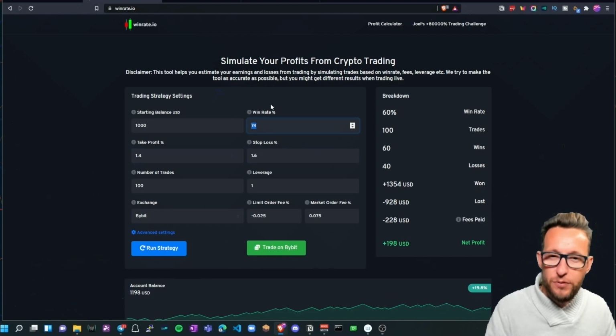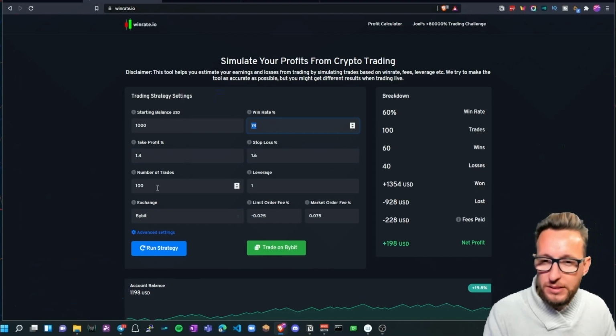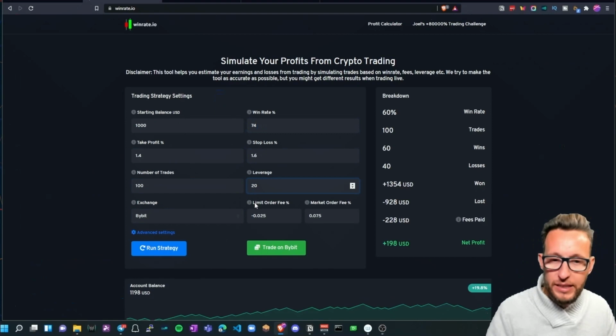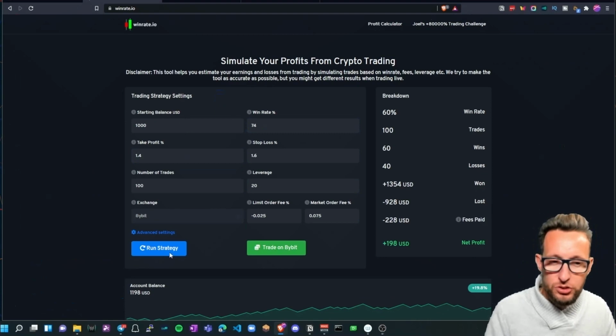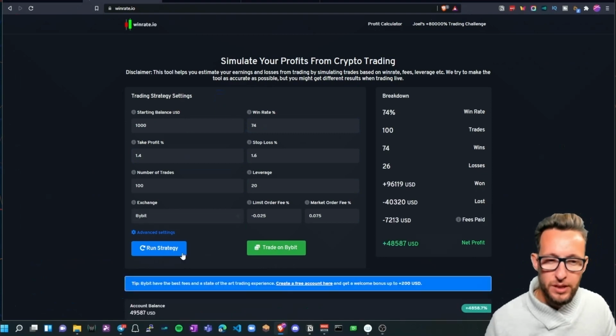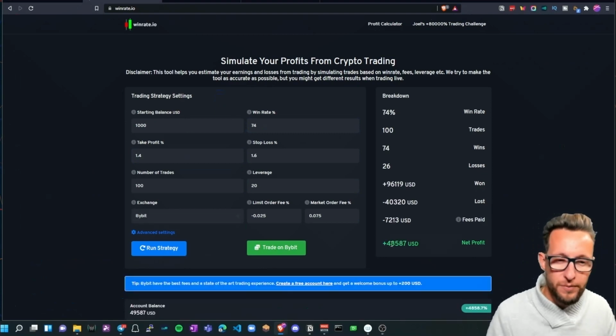We have a 74% win rate. If I had a $1,000 starting balance and we did 100 trades roughly, and we put it on 20x leverage, I also need to change this to market order here, and then I click run strategy. As you can see, with 100 trades, we would have earned